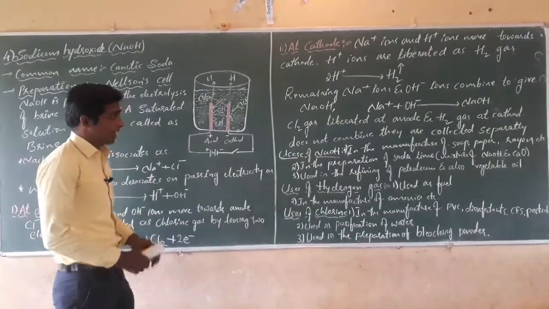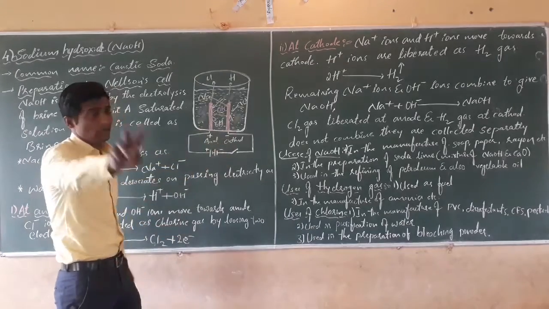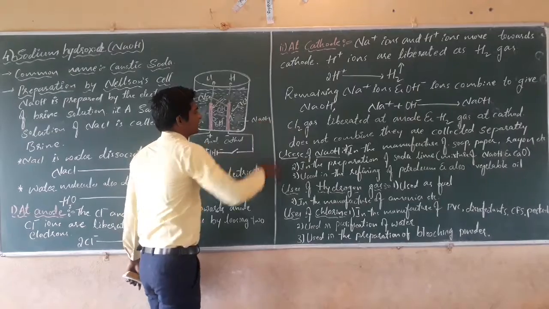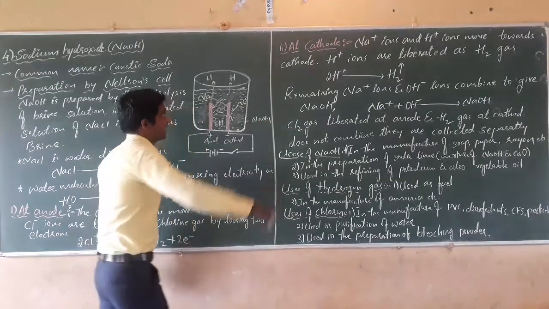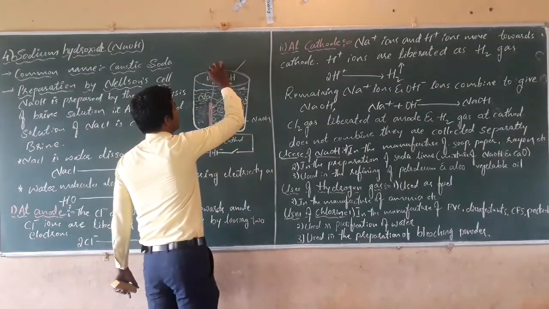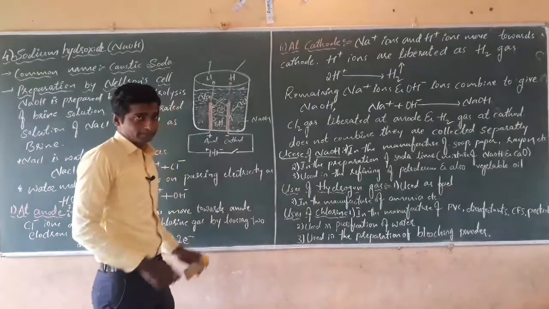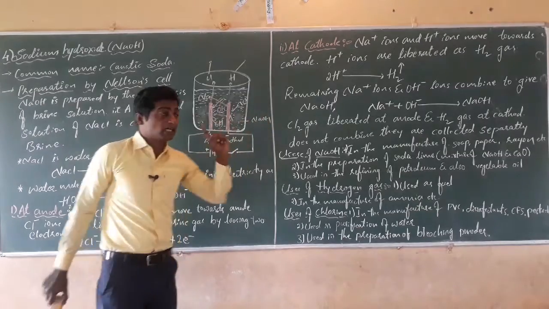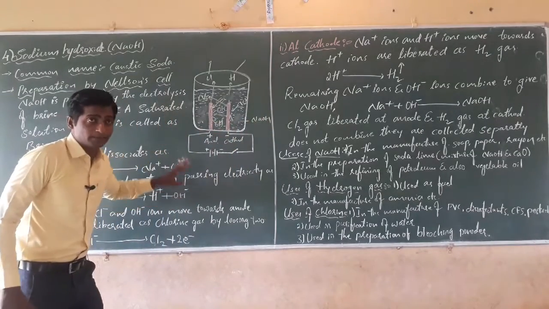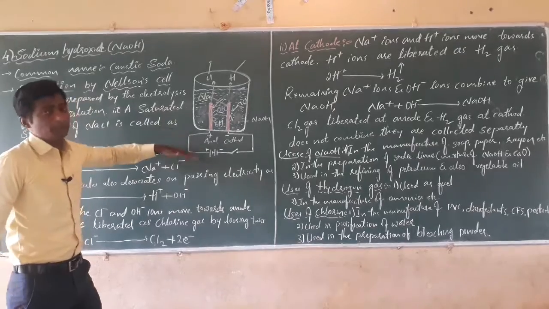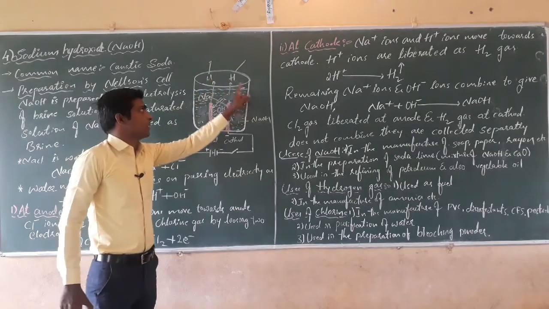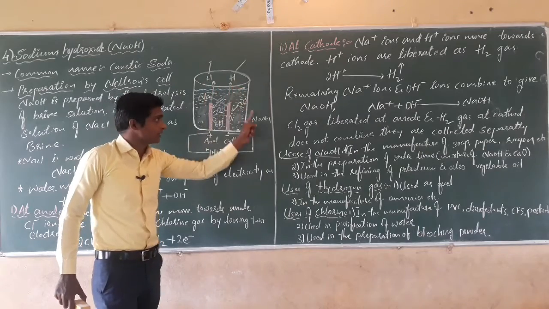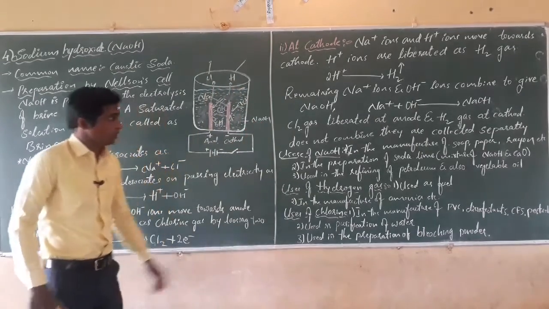Then next, here we are seeing the 3 components. Here what happens in the solution? NaOH is produced in the solution, and next hydrogen gas separately we got, and next chlorine gas is obtained. Chlorine gas, hydrogen gas and sodium hydroxide we got. Here in this experiment, or in this preparation, we got the 3 components or 3 chemicals. First one is chlorine, the second one is hydrogen, third one is sodium hydroxide.